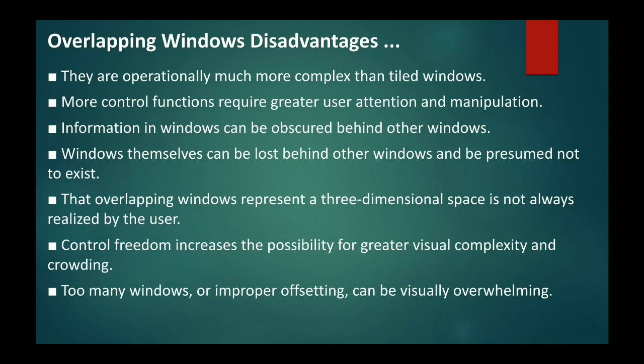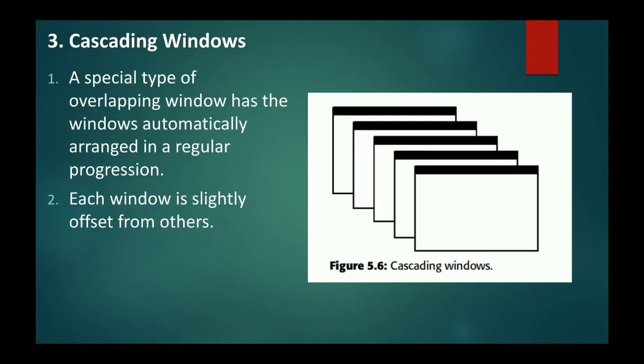So these are the two kinds of windows we can have in our Windows operating system, which we call different presentation styles. That is the tile presentation, and the second is the overlapping presentation style. The third one is very strange, because we know that we have only two types, the tile presentation style and the overlapping presentation style. But this is the third one, that is cascading windows.